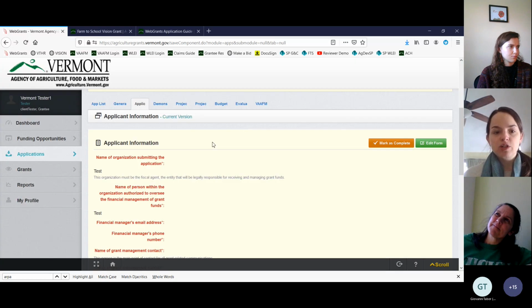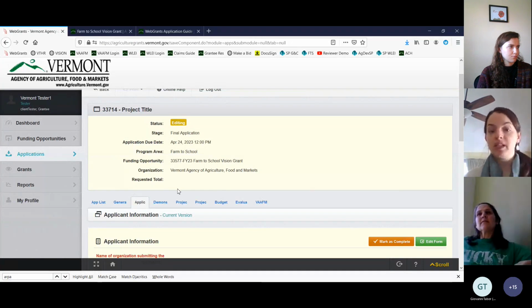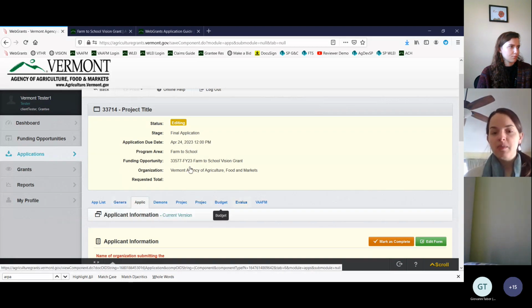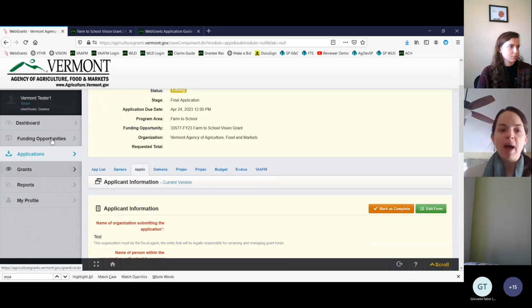Something to note as a navigational tool is when we were in that application details or application components menu before, there was the list of forms that we saw. The list of forms also appears here in the middle, and they have these individual blue hyperlinks, even though they're abbreviated. So if I've completed the application information form, rather than go back to the menu and open a new